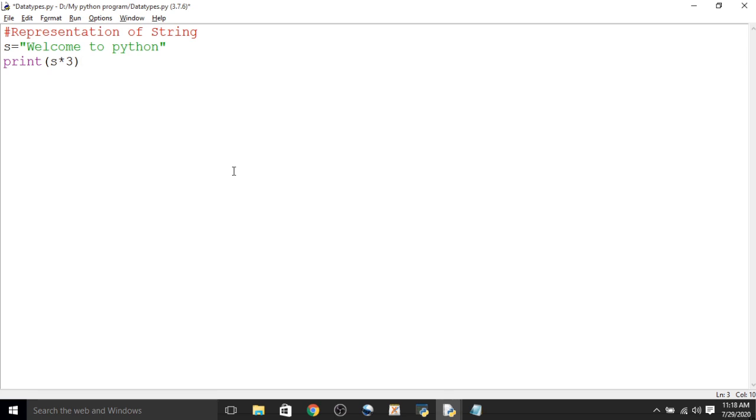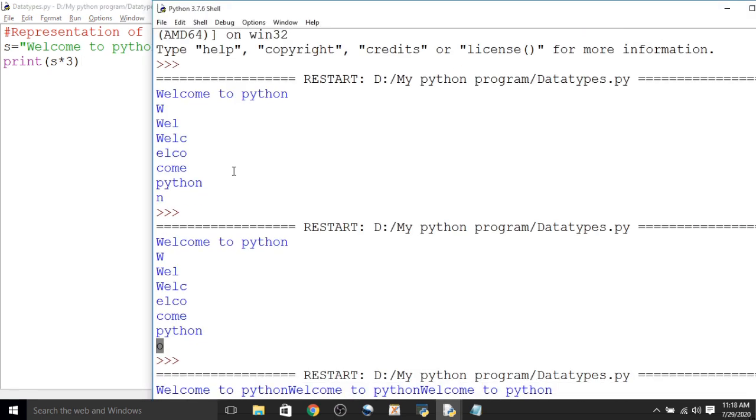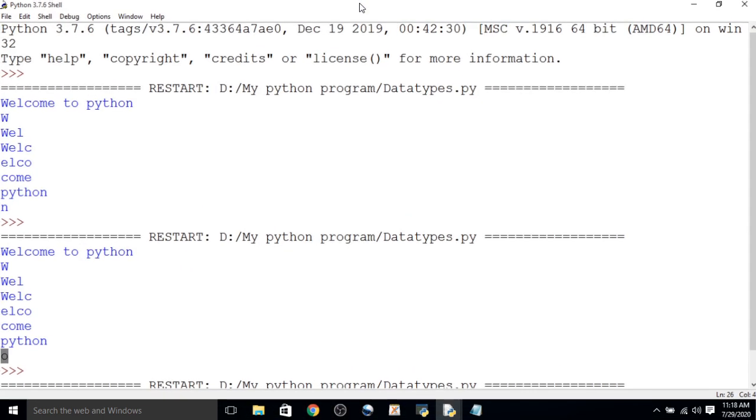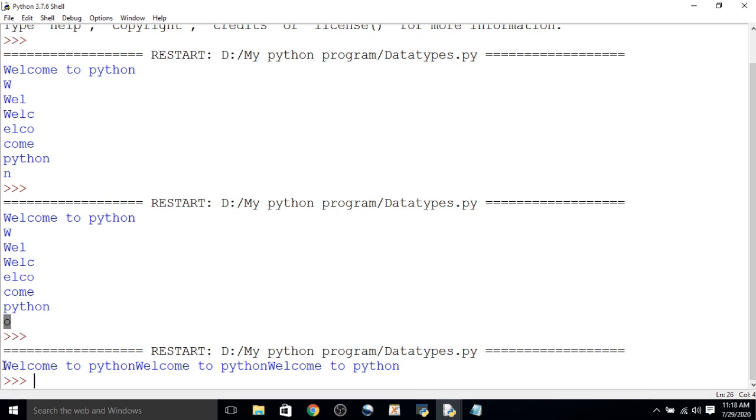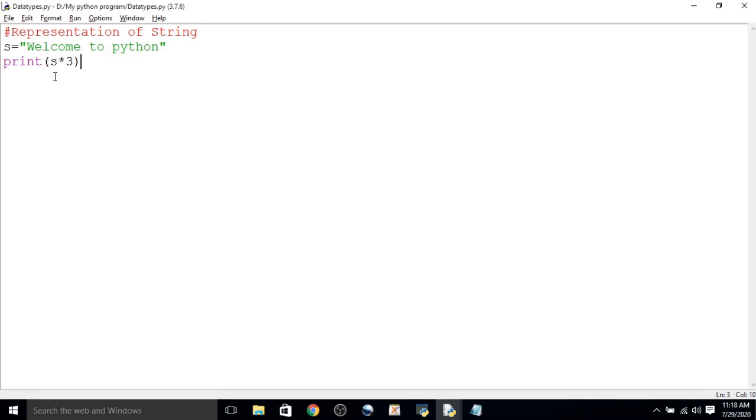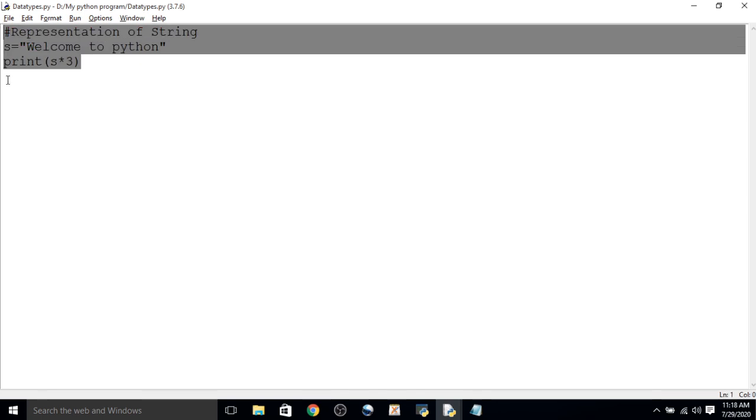Now save that, execute it. We get the output in this way. Look here, welcome to Python, then second welcome to Python, then third welcome to Python. So the same string s will be displayed 3 times.